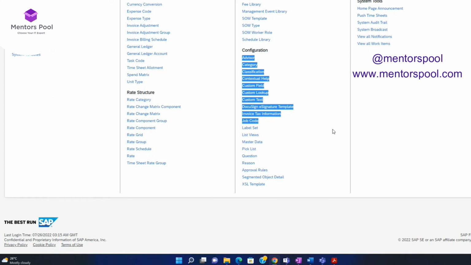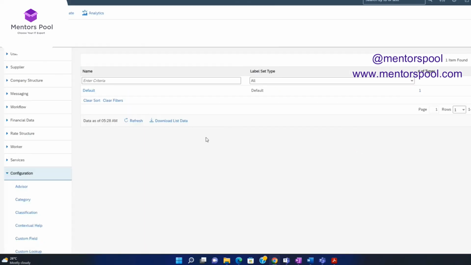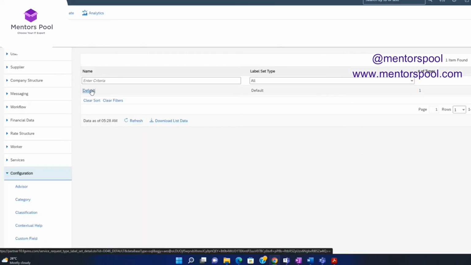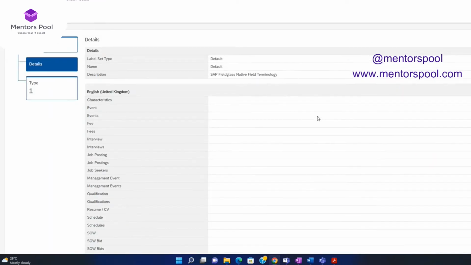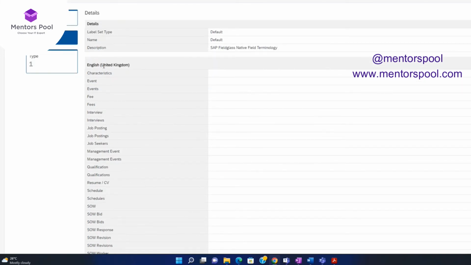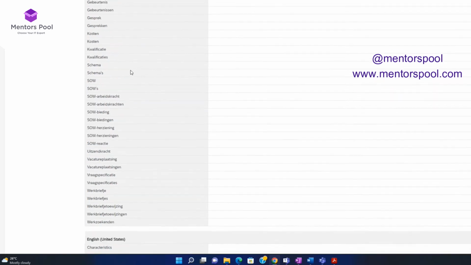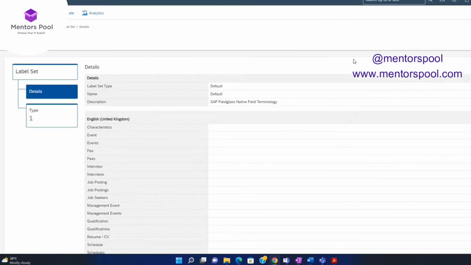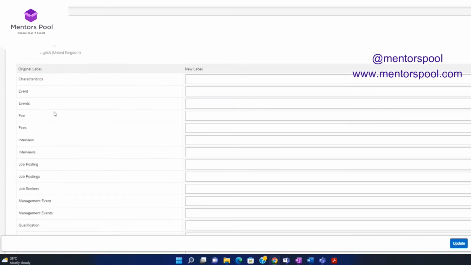Okay, sure. Then moving forward to label set. Label set is something as we showed in the custom text field. These are the Fieldglass specific fields in the various languages, and if we want, we can change those field names or we can tag those labels to them. Like let's say